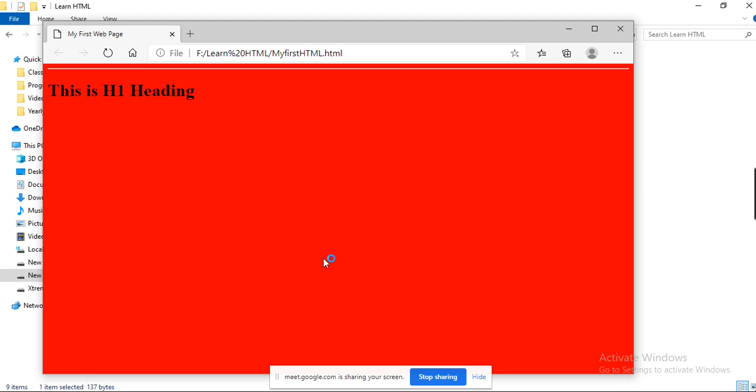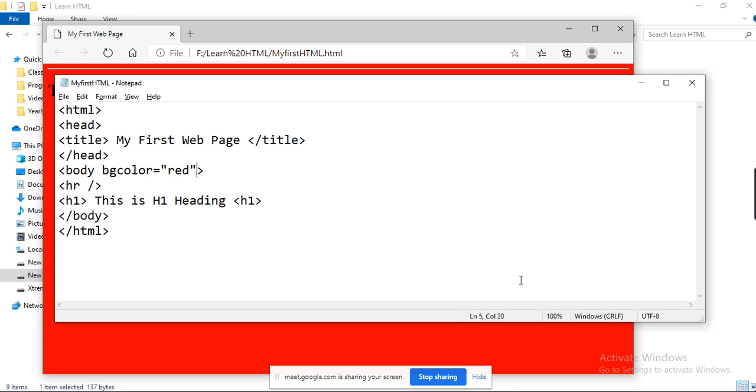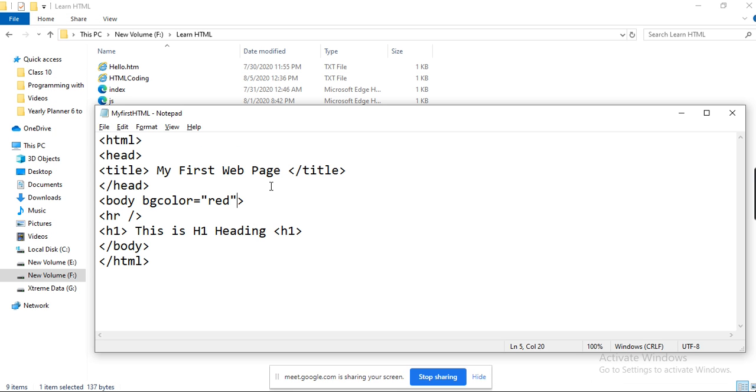Yes, sir. Yes, now you can see that the background color is red, and you can see this is my first web page. This title is showing up here at the top, in the title bar. Are you able to see this? My web page at the top, and this is heading 1. Okay, this is the heading 1 we used, and now let's write another heading, H2,